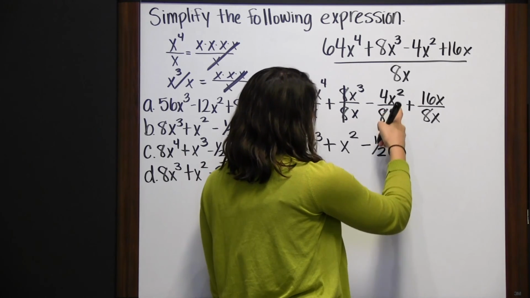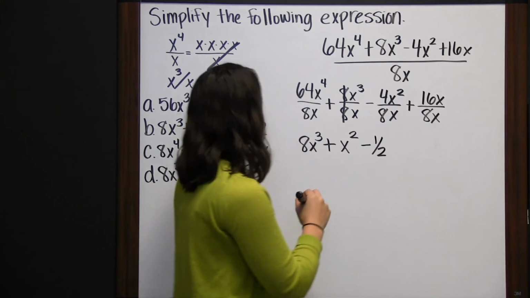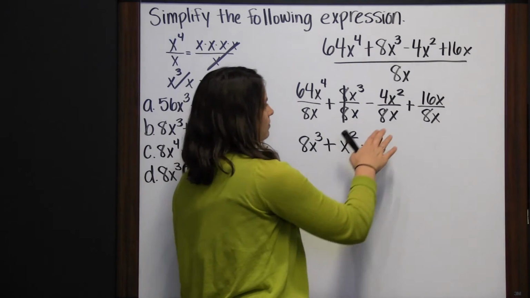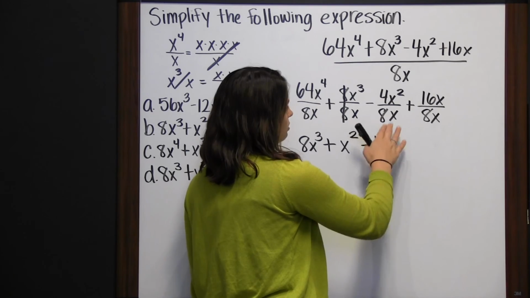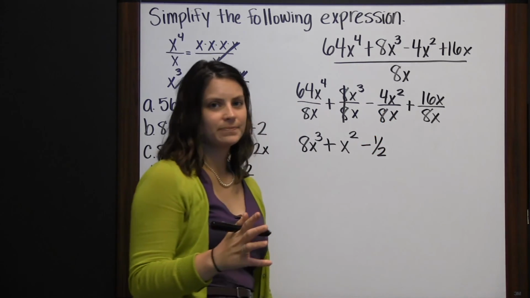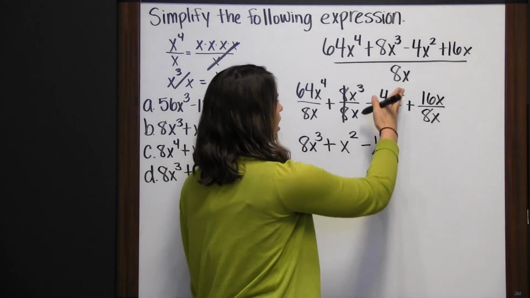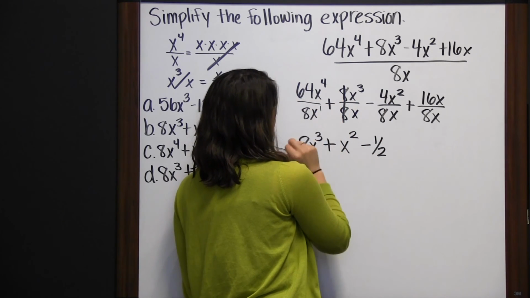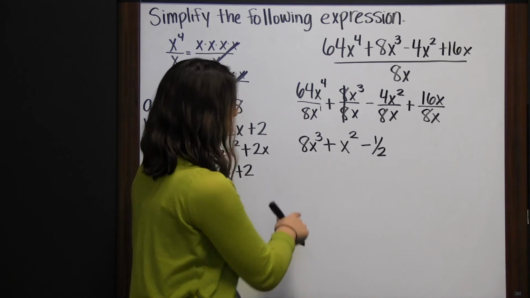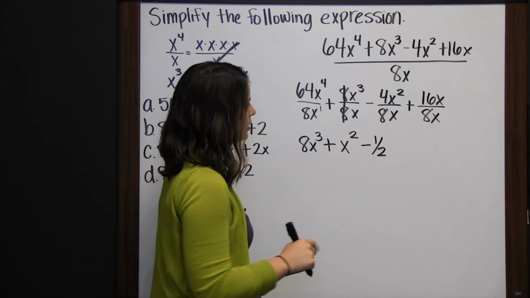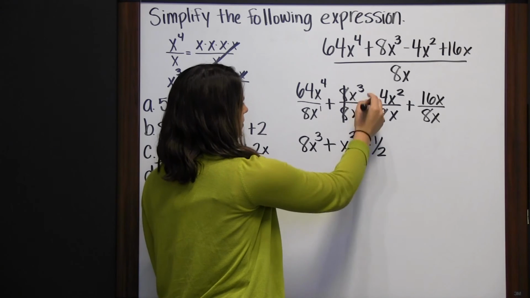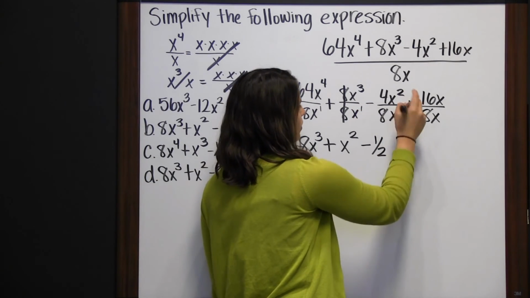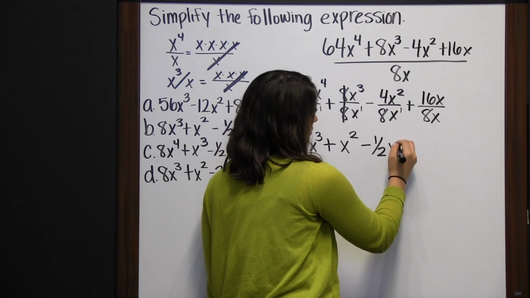And then x squared divided by x. You may have noticed from these two examples before that when we divide by x, or really when we divide at all, what we're doing is subtracting the exponents. So x to the fourth minus x to the first, or x to the 4 minus 1, x cubed. So here we have x to the 3 minus 1, x squared. So now we have x squared minus 1, or just x,